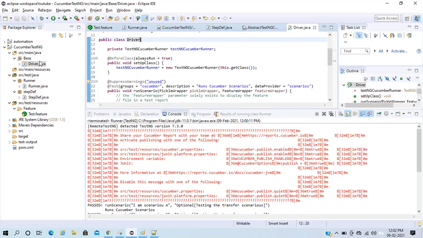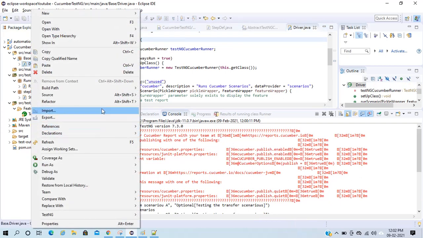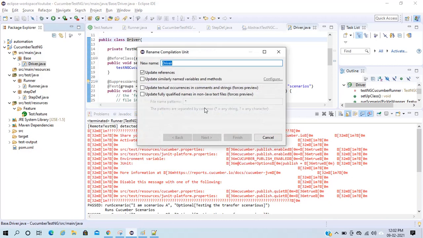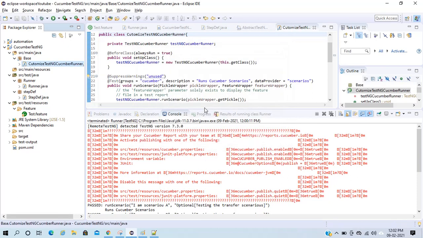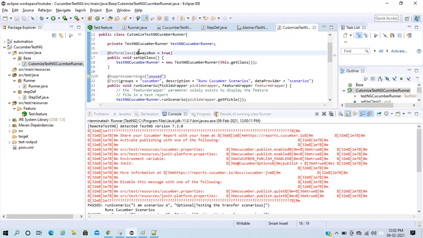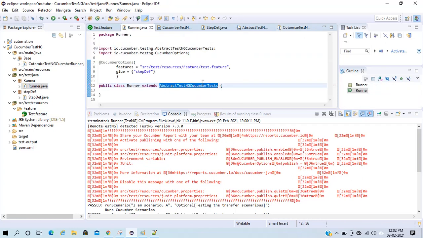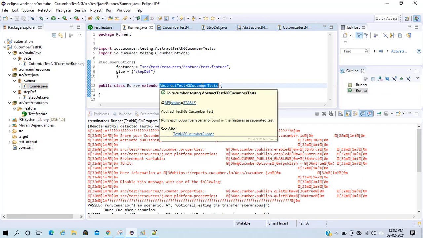Let's rename it to Customize TestNG Cucumber runner. This is my customized TestNG Cucumber runner, and now my runner file is not going to extend the abstract TestNG Cucumber test.